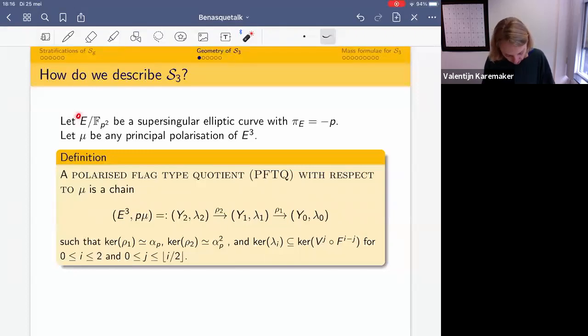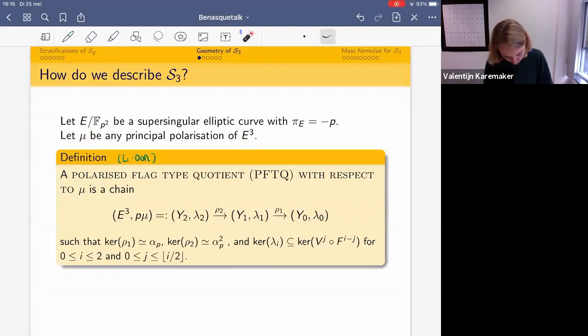And so we fix for ourselves a supersingular elliptic curve E whose Frobenius endomorphism is minus p. It's defined over F_p squared. It is known that such an elliptic curve always exists. And we choose mu to be any principal polarization of E cubed. Okay. Then the following definition, which is again due to Li and Oort,